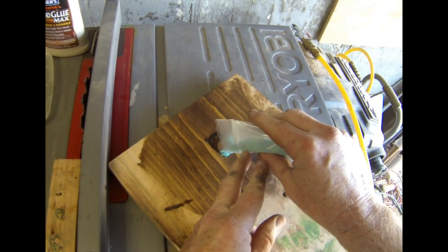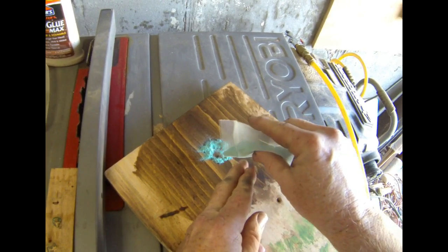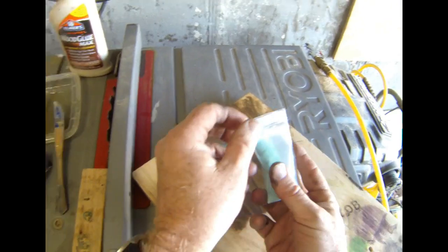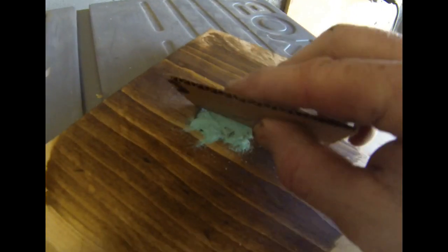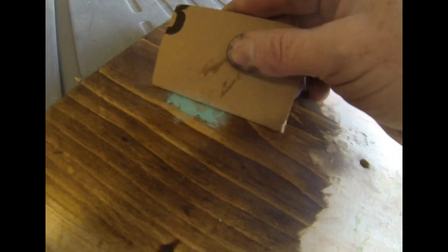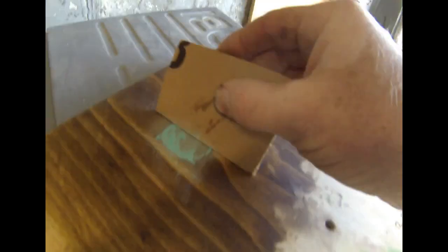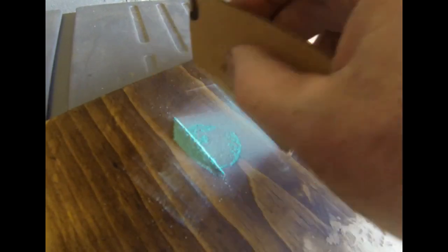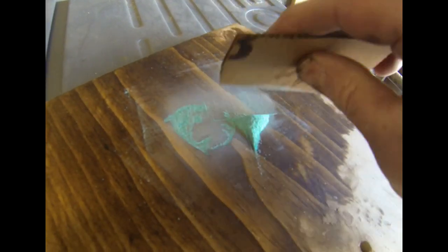A nice blue, a nice fine powder, and I'm just going to sprinkle that into all of the grooves, and then I'm going to use a flat edge. You could use a credit card or a piece of wood or a piece of cardboard. This piece of cardboard has a nice straight edge on it, and I'm going to just work that powder into all of those grooves. You can tap it a little bit. The vibration of the wood helps the powder to settle down to the base of each one of those grooves. And then with the straight edge, you want to scrape away all of the powder that's not